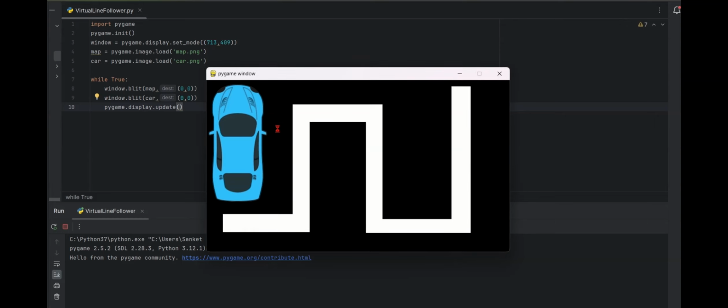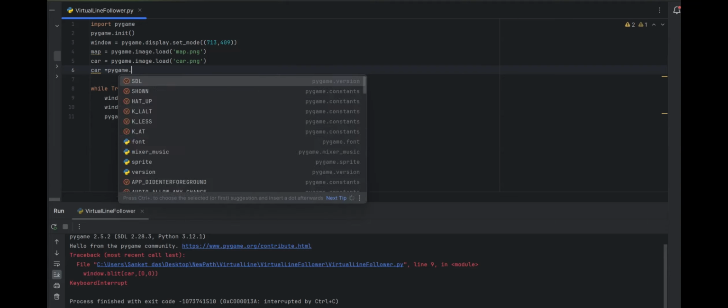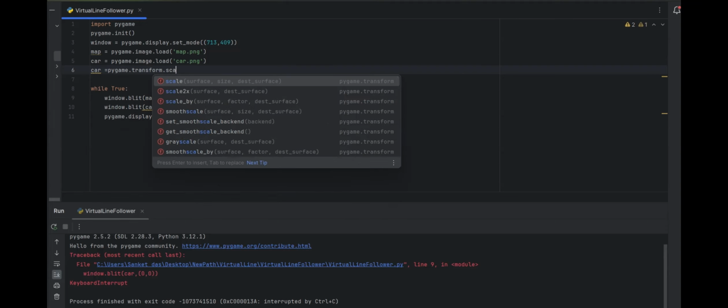yeah, we can see our map and the car, but the problem is that this car is quite large according to the map, and also it is not oriented with the road. It should be rotated 90 degrees in the clockwise direction, and its size has to be smaller. So let's use car equals pygame.transform.scale,